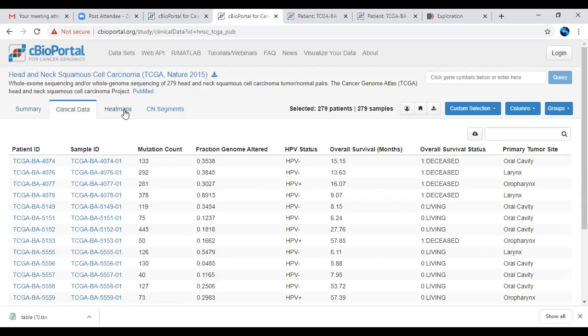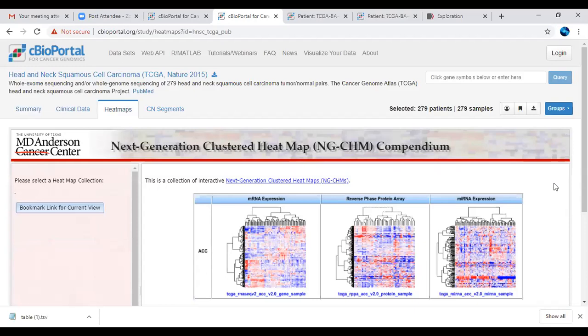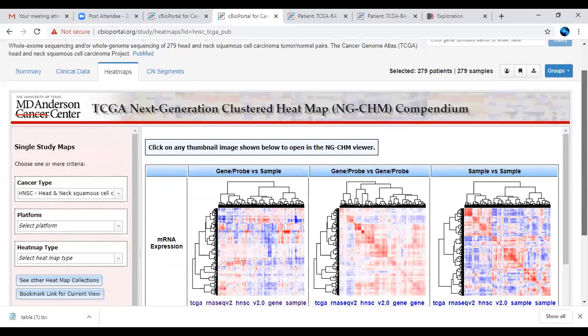So that one can use these particular data sets with respect to their interested cancer type and the treatment they have provided to the patients. So we have seen also the heat maps. Here the heat maps have been stuck with respect to only 3 types of data sets,